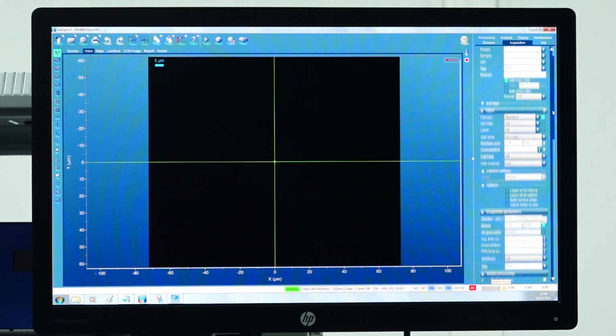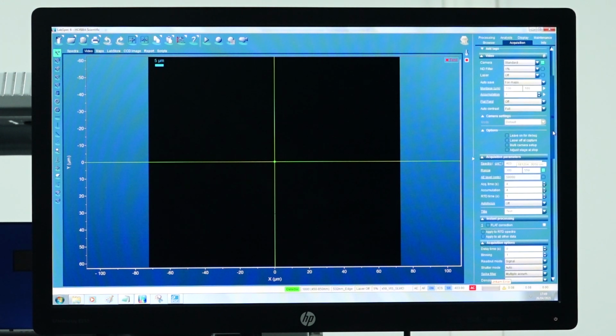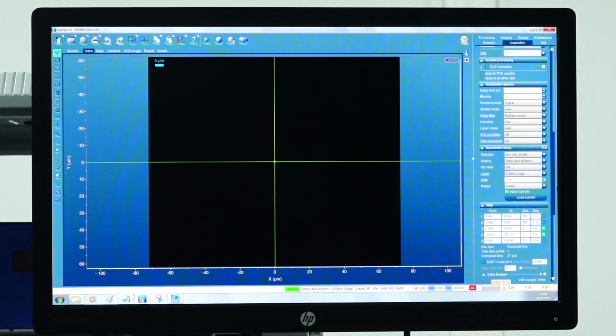To set up the laser, in the acquisition tab, I will go to instrument setup. The objective this time that I am using is 100x, so I will switch to the 100x objective and click on OK. The grating is 1800, which is alright. For the ND filter, I can use a lower ND filter this time, so let me switch to 3.2%. The laser is again the 532 nanometer green laser, and the Rayleigh filter that we are using will be the edge filter. The hole we keep again at 100 and the range is visible.